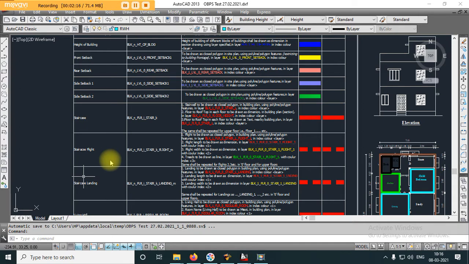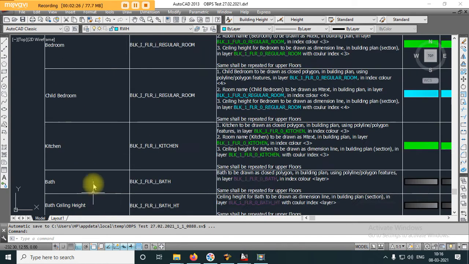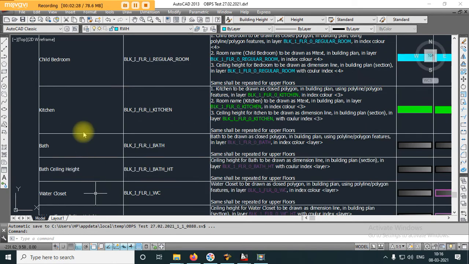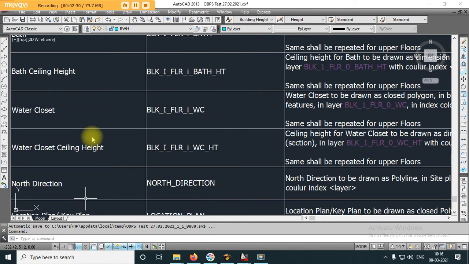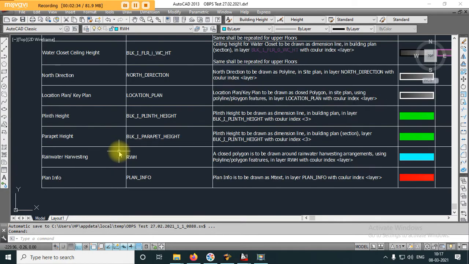One is staircase width, then staircase flight, then staircase landing. Likewise, you have to declare living hall, bedroom, child bed, kitchen, bath, water closet, north direction, key plan, parapet height, and rainwater harvesting, and so on.